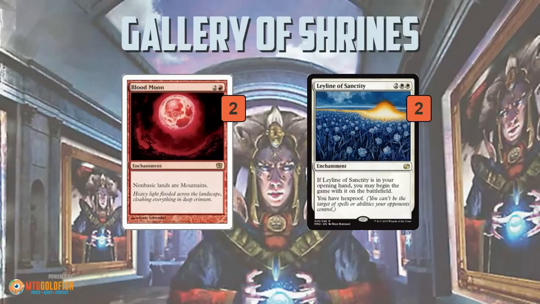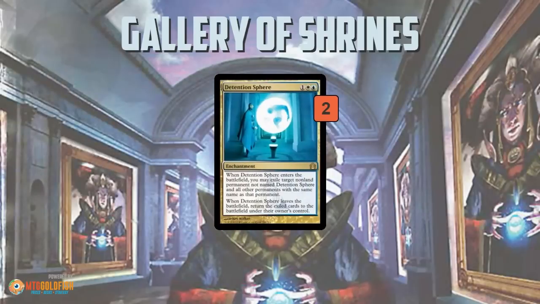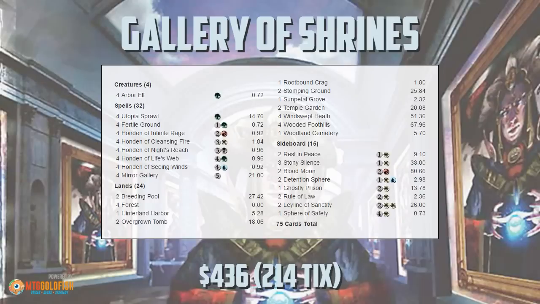That's the other reason we are playing a bunch of forests. We can equip our forests with our enchantments, and even though we're going to turn our other lands into mountains, if we have Fertile Grounds and Utopia Sprawls on our forests, we can still play our 5 colors of stuff, even through a Blood Moon. Leyline of Sanctity, really good against burn, anything that targets us, really. And then a couple of Detention Spheres for removal, and that is Gallery of Shrines in Modern, and I don't